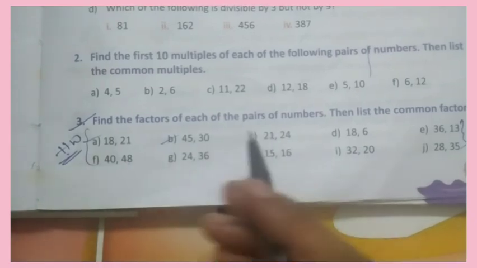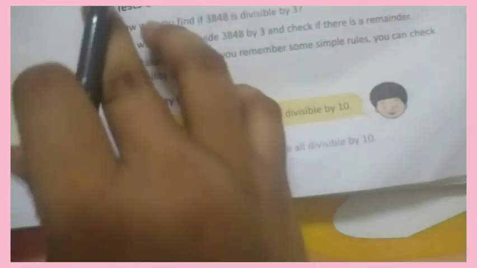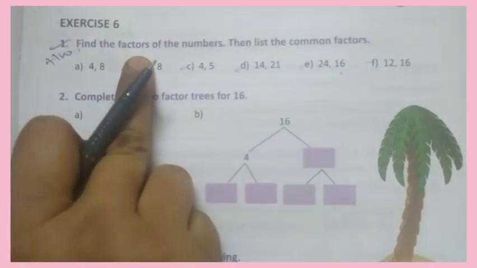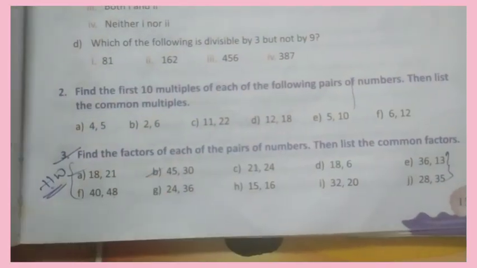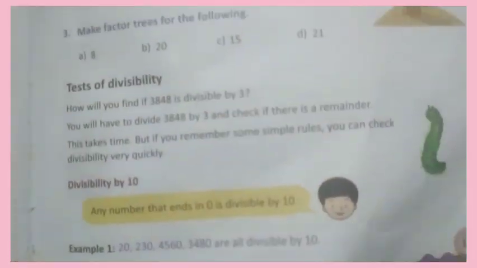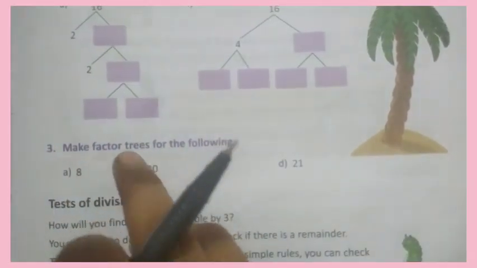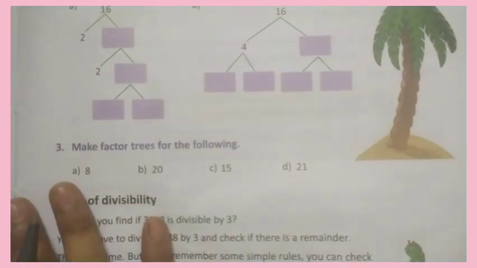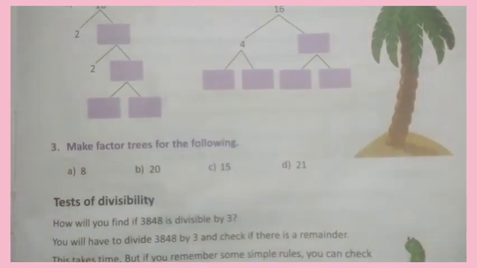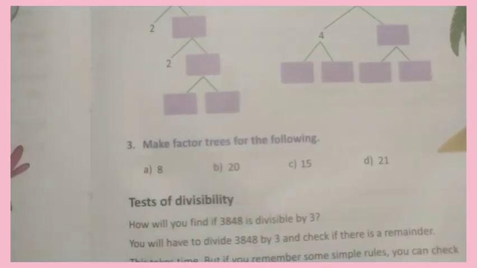And after writing here the first bit, write this third bit in your fair notes. Then, now I will explain how to do the second and third bits. You have to do the second bit. Look here, two factor trees are given.